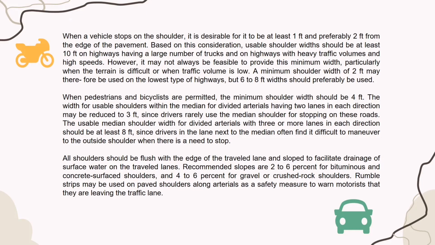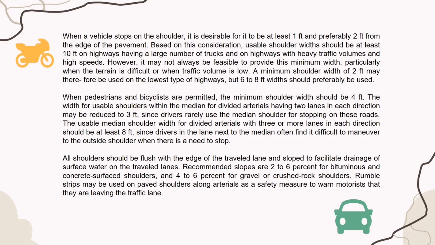A minimum shoulder width of 2 feet may therefore be used on the lowest type of highways, but 6 to 8 feet widths should preferably be used. When pedestrians and bicyclists are permitted, the minimum shoulder width should be 4 feet. The width for usable shoulders within the median for divided arterials having 2 lanes in each direction may be reduced to 3 feet, since drivers rarely use the median shoulder for stopping on these roads. Usable median shoulder width for divided arterials with 3 or more lanes in each direction should be at least 8 feet,